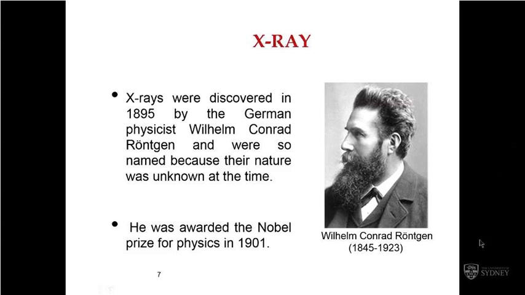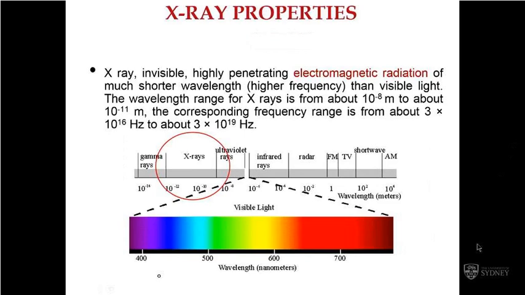So a little bit about X-rays. In the spectrum, everybody's sort of familiar with where they are. They are invisible, highly penetrating radiation, and they have quite short wavelengths here, 10 to the minus 8 to 10 to the minus 12. And if you compare that to the visible light range, about 10 to the minus 6 to 10 to the minus 8. Okay, so that's where we are considering,